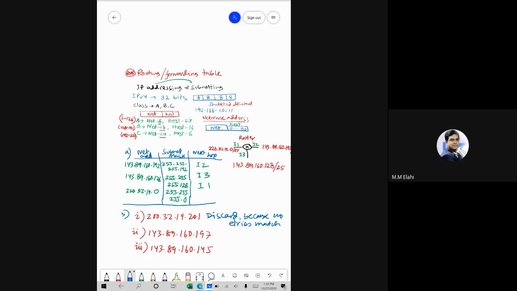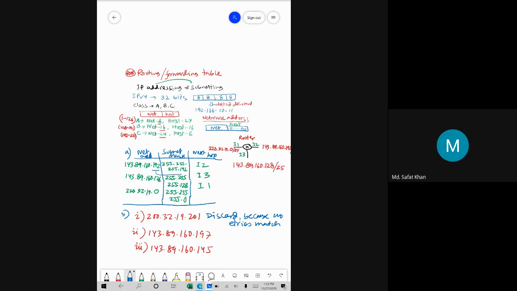Okay. For the second one, see 143, 89, 160. So it matches after 24 bits. It matches both I2 and I3. But the third octet, fourth octet is 197. So in this case, what you have to do, how you can show which interface to forward, you have to actually do one thing, like you have to